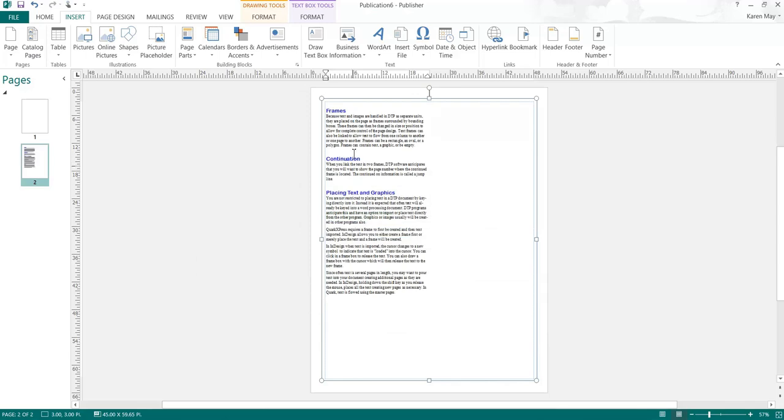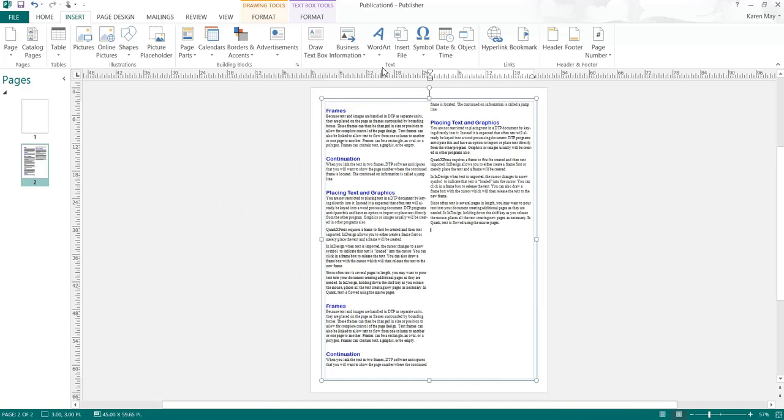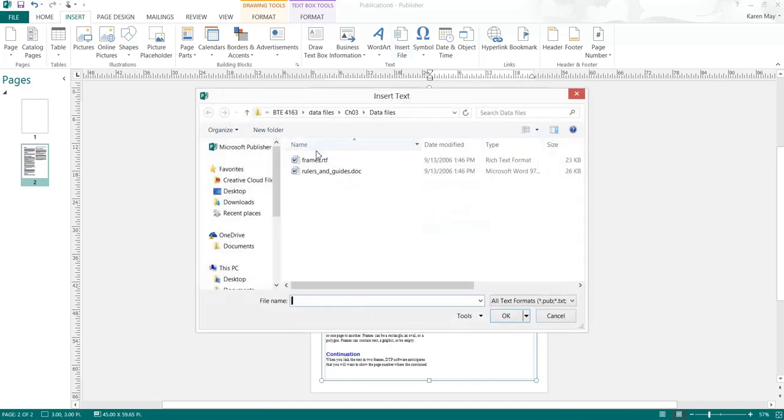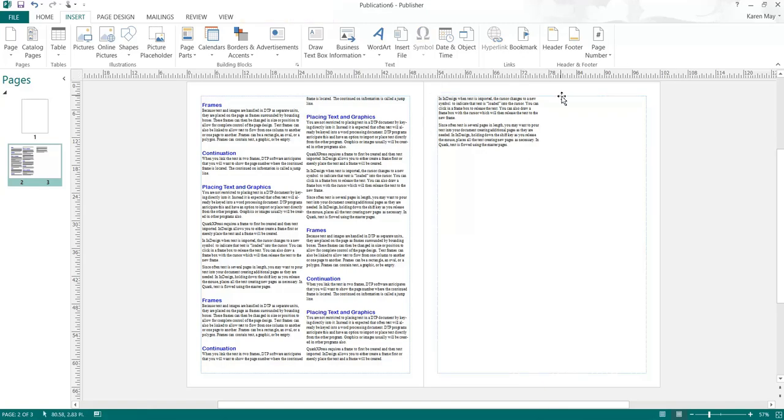Okay, it didn't quite fill it up, so I'm going to insert it a couple of times. You could also copy and paste it. And one more time. Okay, and it automatically made a next page to put the runover information in, the extra. So what I'm going to do is delete that because I want you to be able to see